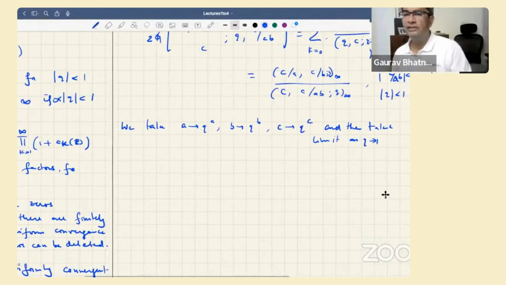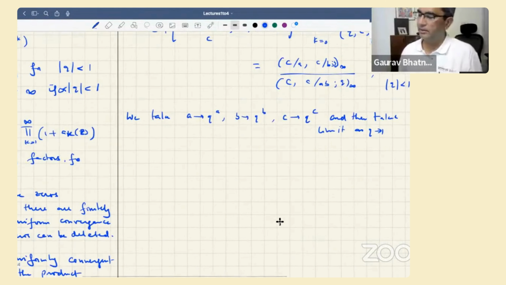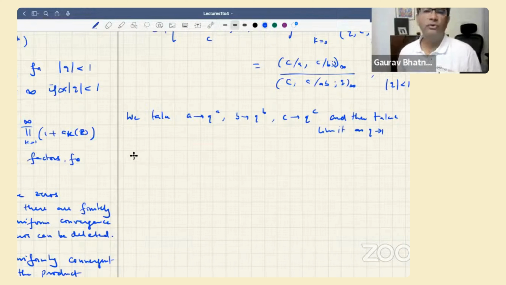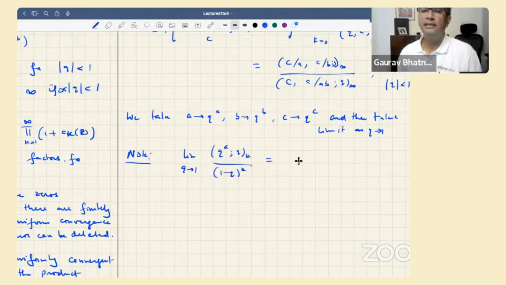This will essentially double the number of results that we have. So how do we take this limit? We note that first of all, the limit as q goes to 1 of (q raised to power a; q)_k divided by (1 minus q raised to power k)